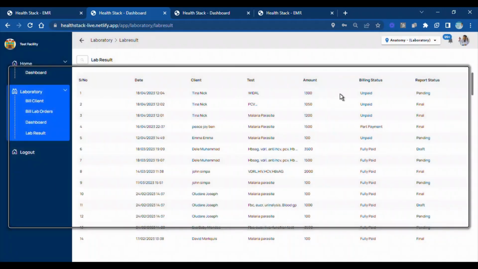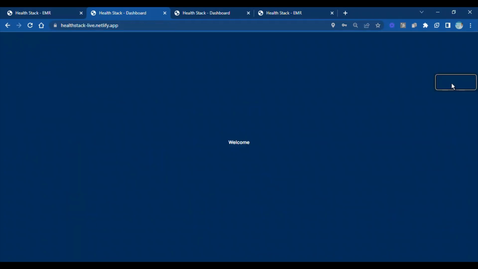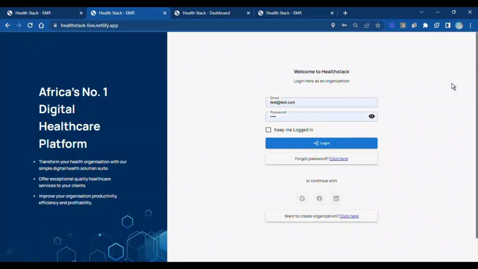So what I've just done in the lab is report everything, for all the investigation requests that were sent for Tina, and the patient is good to go back to the doctor. So I'll log out from the system as a lab staff. So let me now log in as the